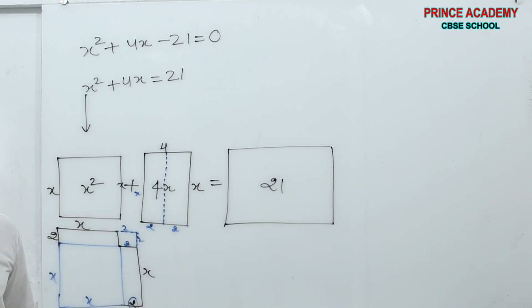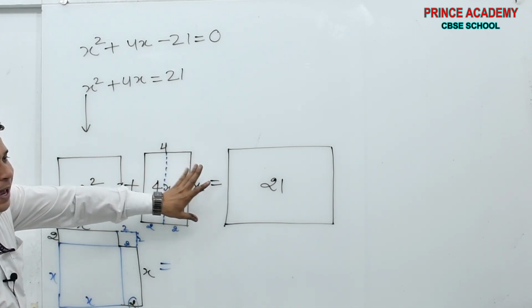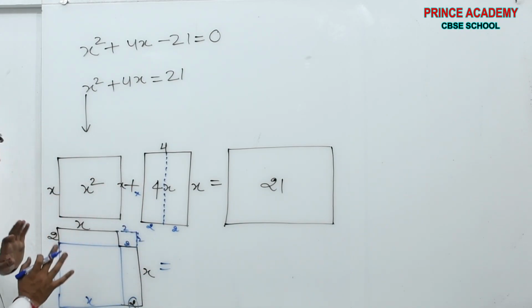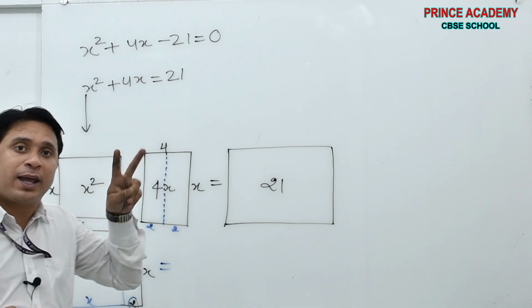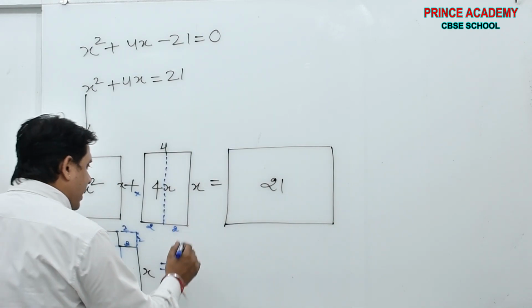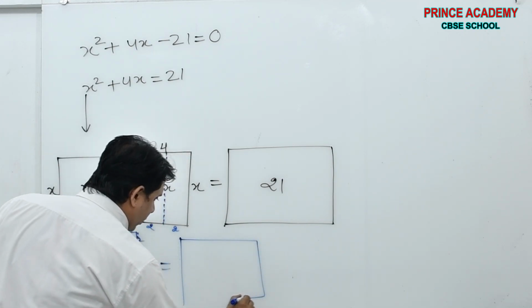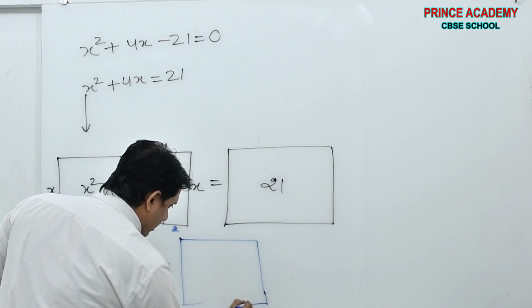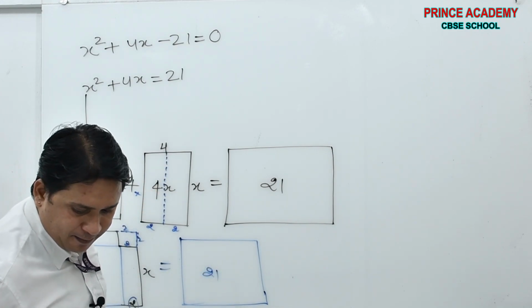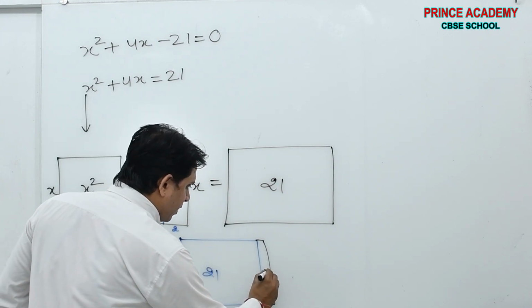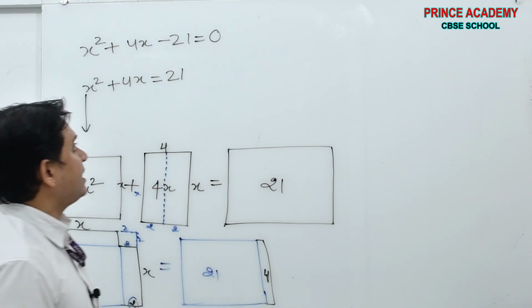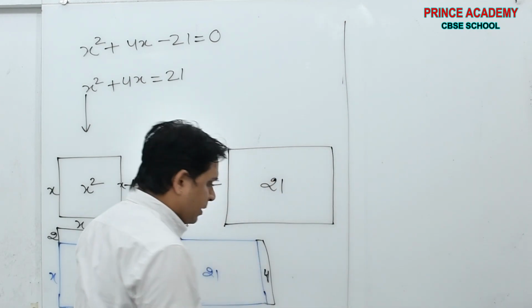It will be a square, yes or no? It will be a square, and this is equal to what we added here. See beta, 2x, 2x, two rectangles were already here, we added. To make the whole square, 2 into 2, a square of area 4 is added. What am I doing here? Here is the rectangle with area 21, and one extra of area 4 is also added. Yes or no beta? Done?